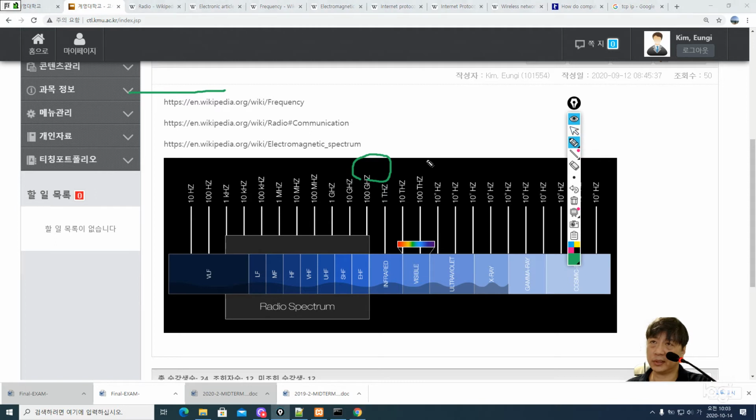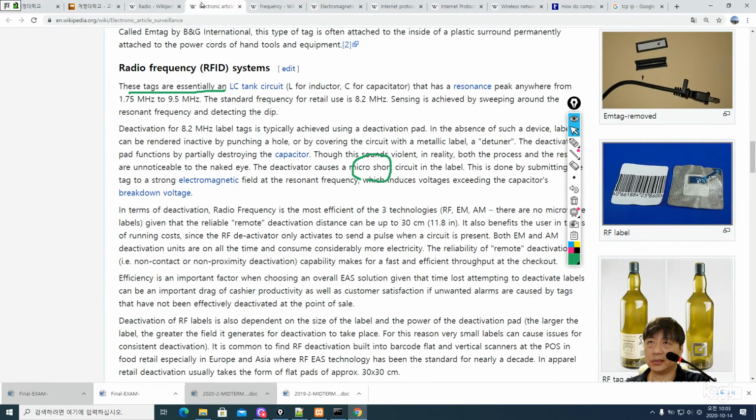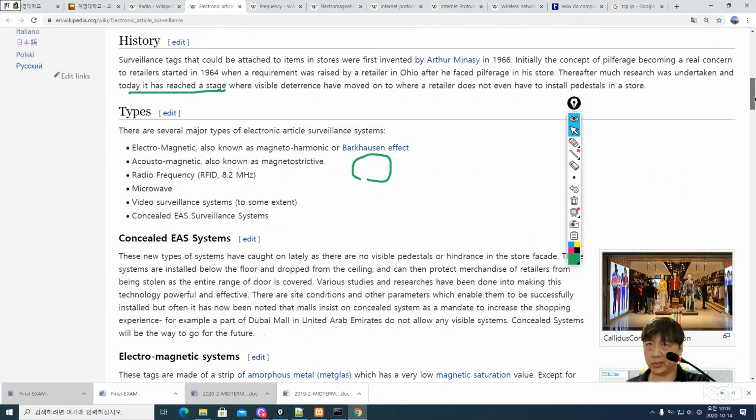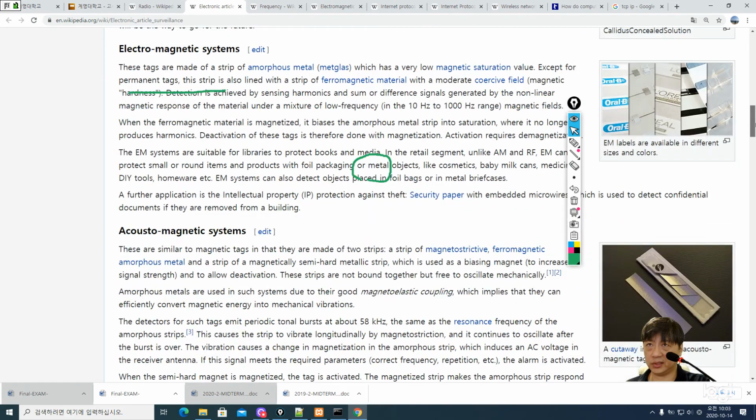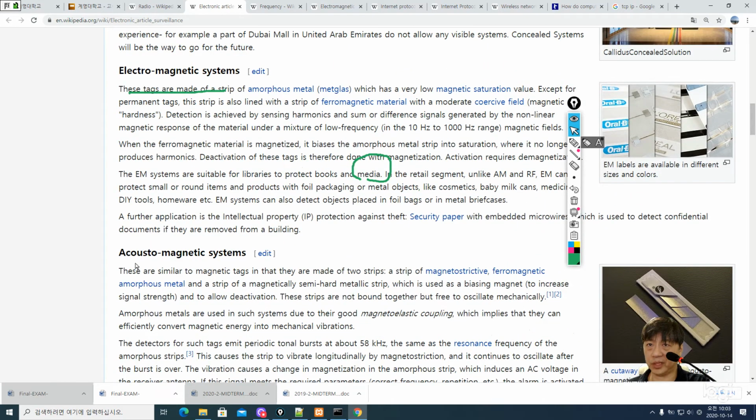Actually, they are not. We talked about electronic surveillance in here. Some of them use radio frequency, but EM and AM don't use radio frequencies because their range is pretty low,